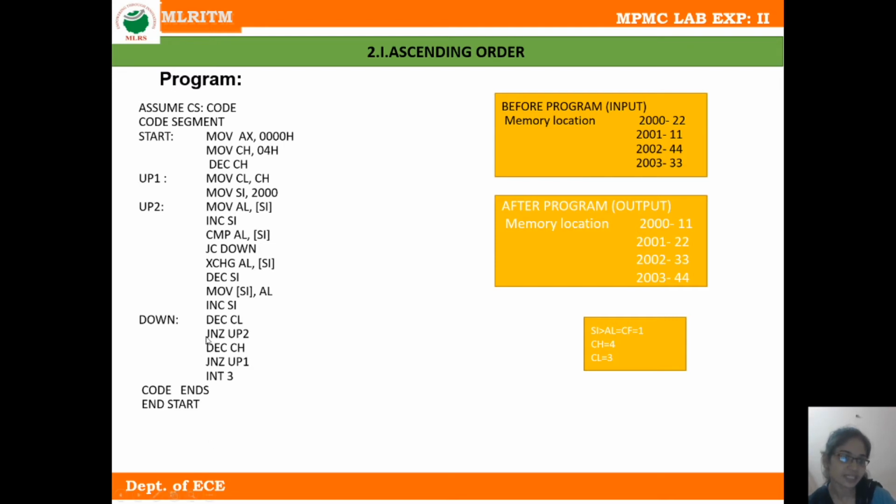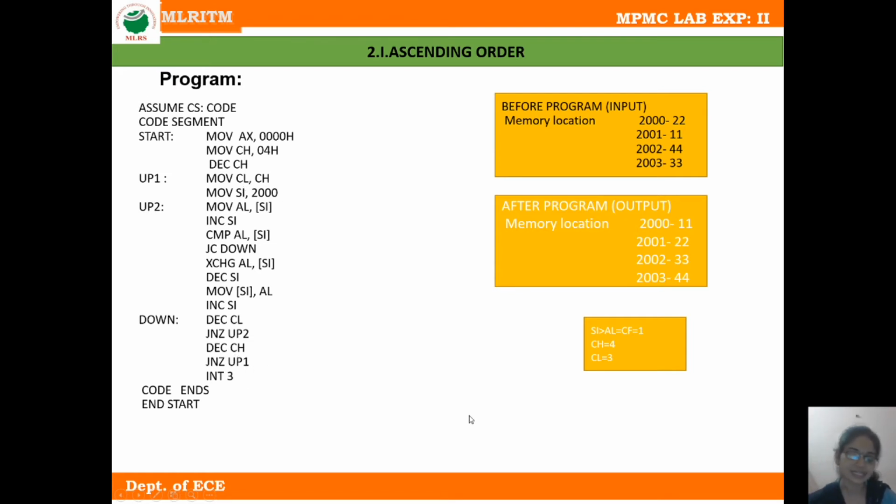The next instruction is jump not 0. We know that the content of CL is not 0. Then again, after this instruction, the program jumps to label UP1, and again this loop is running till the content of CL is 0. After the content of CL is 0, the next instruction will follow, which is decrement CH. If the content of CH is 0, then only the program can stop. Otherwise, this program loop runs again and again till the content of CH is 0.